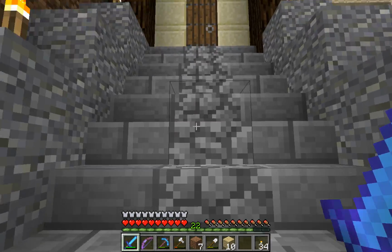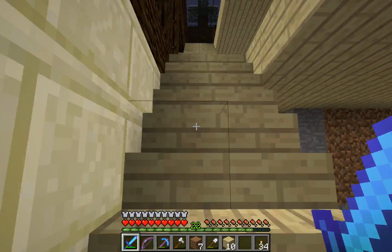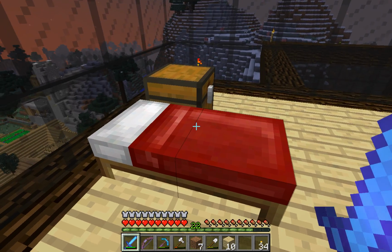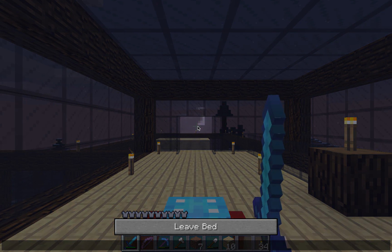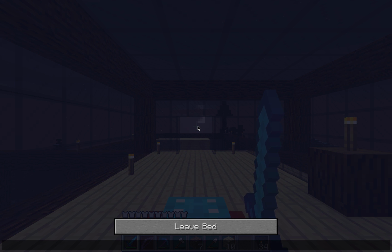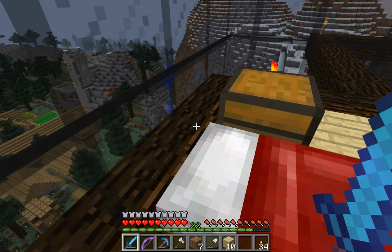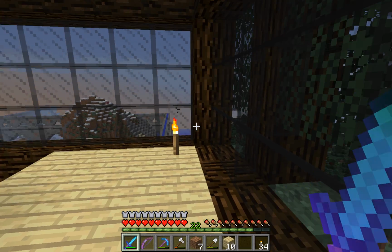Now we have a new facility on here, which is to enable us to sleep. And if one person sleeps, the whole server turns to day. I have Dog to thank for that. He did that. So what we'll do is when the sun comes up, yay, we will start at the top,